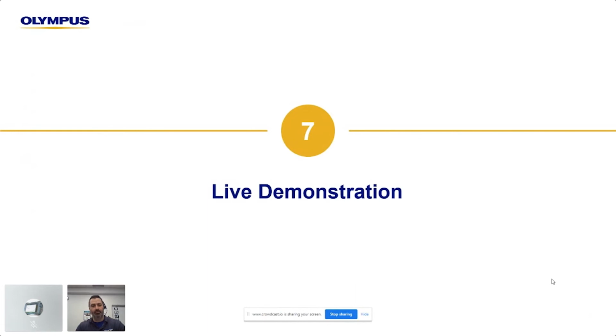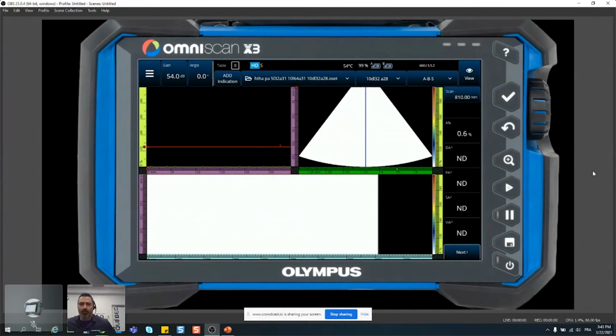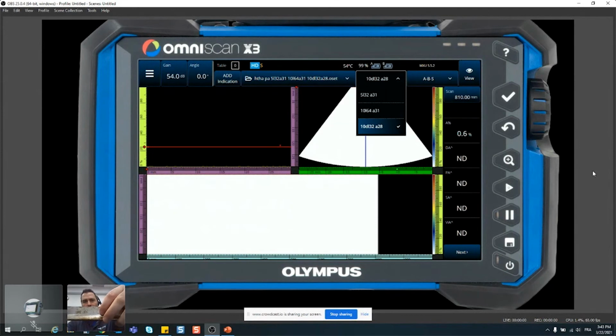Now the fun part. Moving on to the live portion or demo. I have set up 3 different groups on my Omniscan X3 to tackle first the phased array portion of the demonstration. We have a block here that has very tiny holes, basically simulating what we can find in those types of inspection.